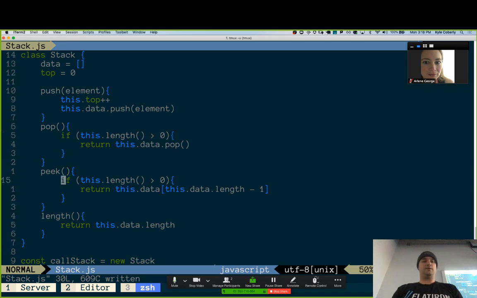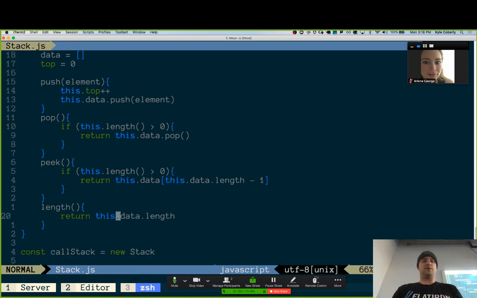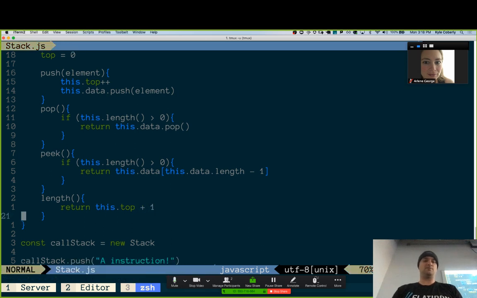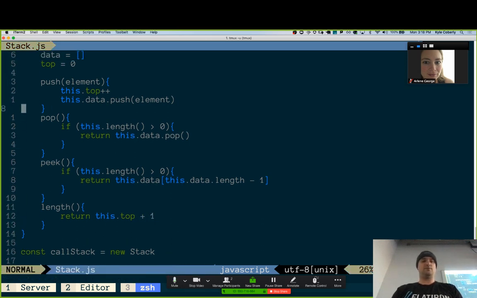And then this becomes a lot more like this dot top plus 1, because we don't necessarily have access to one of those